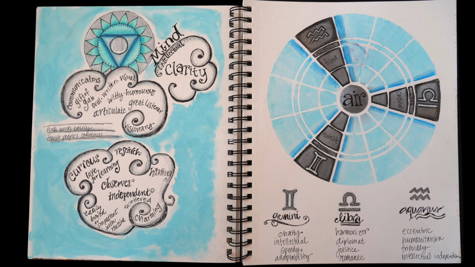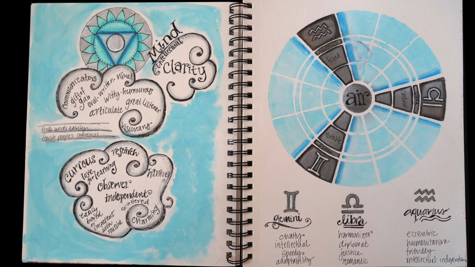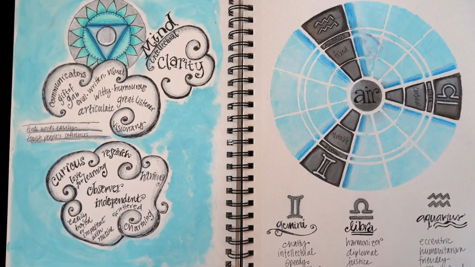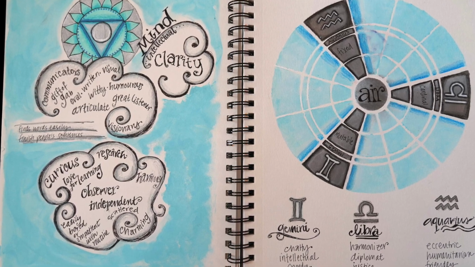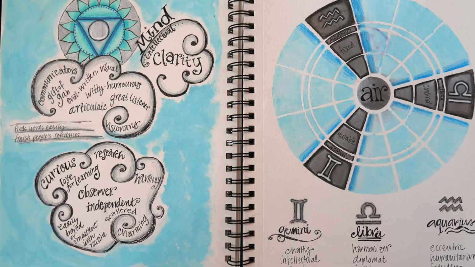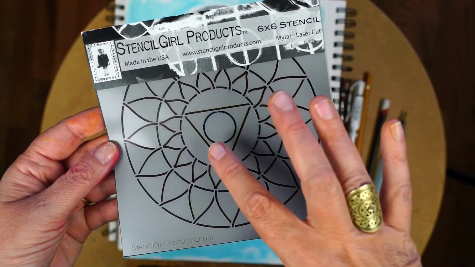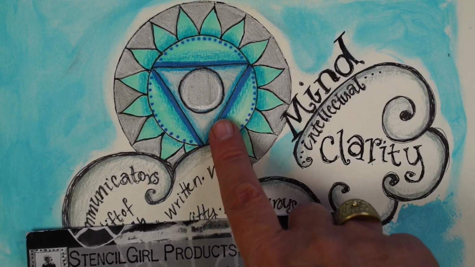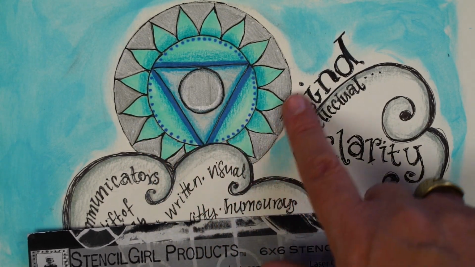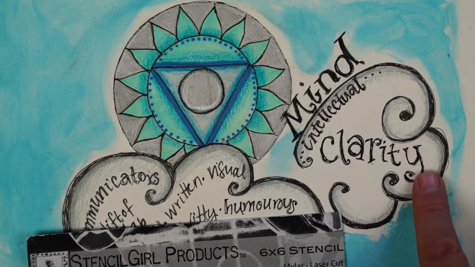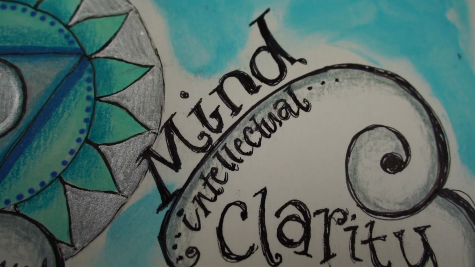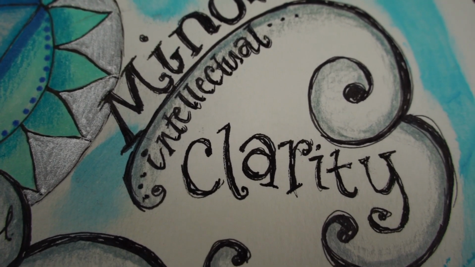And here's a look at the facing page in my journal of the creative way that I took some notes about the qualities found in air signs. I started by pulling out the throat chakra stencil and tracing that central design, filling it in with silver and light blue, and then drew in these fun little clouds. So the realm of the mind, the intellectual,